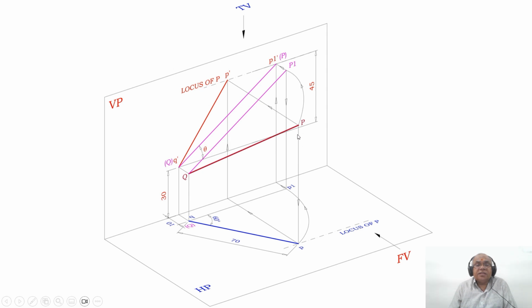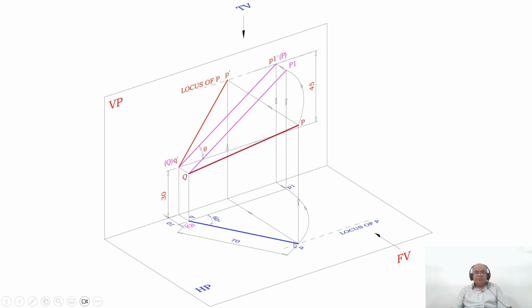So you can see this is the corresponding image, which is the projector line, which is above HP, the same distance as above HP here. So how to do that? As you are rotating the line in space in the counterclockwise direction, obviously the image in the horizontal plane,